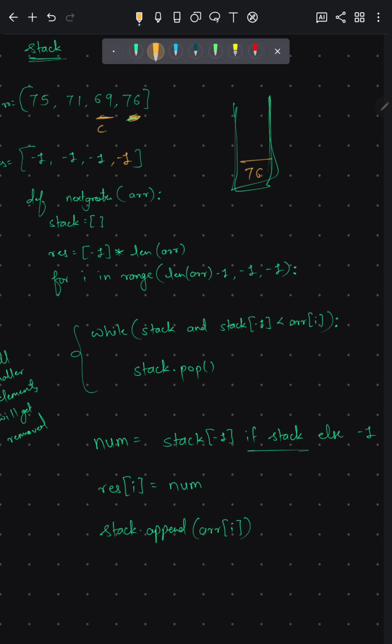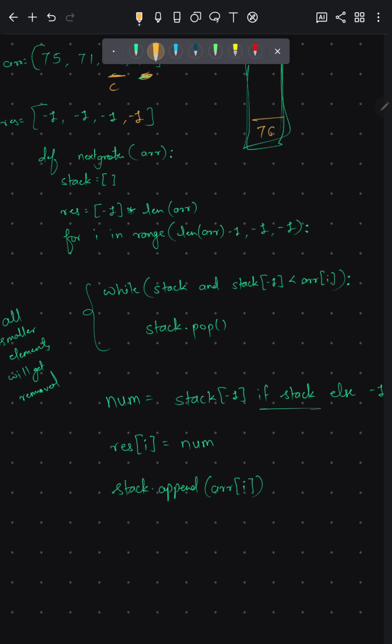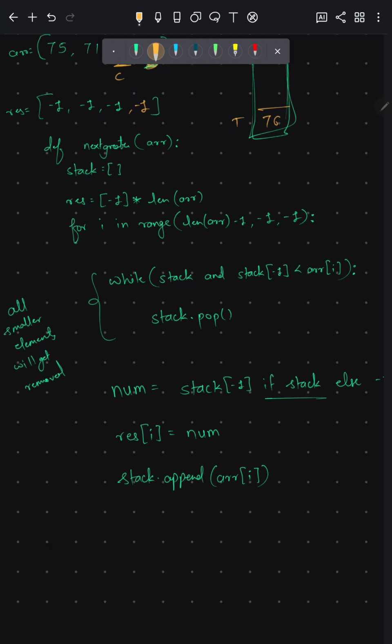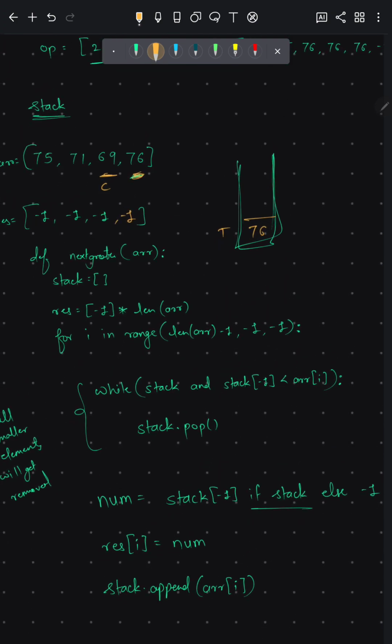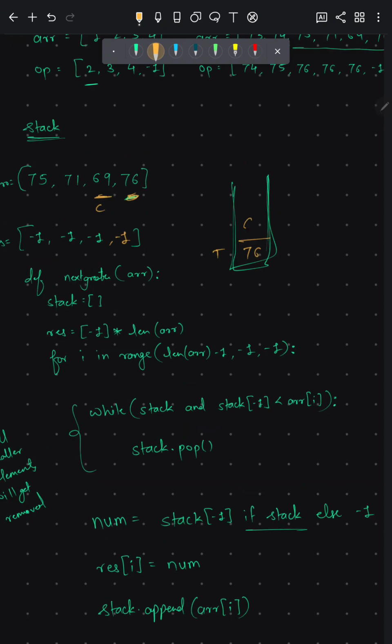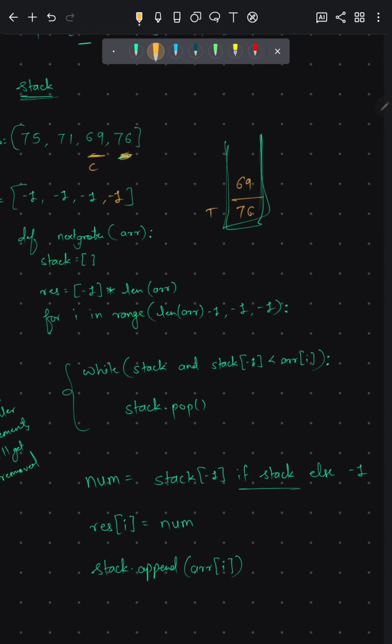So this would be our current element, this is our top. Okay, so what will happen? Is the current element lesser or greater than top? The current element is lesser than top, so we are just going to put 69.